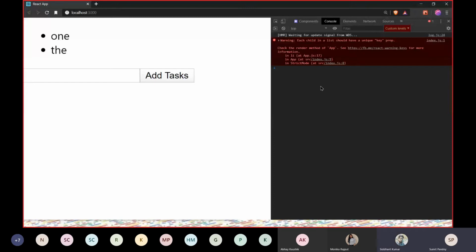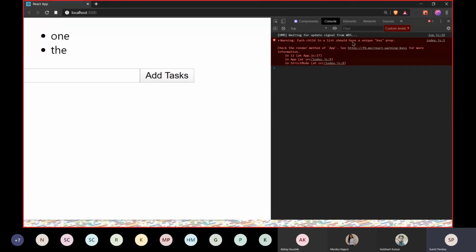Basically, React is pretty smart about its stuff. You have to provide a unique ID to each and every element inside the array. Whenever you loop over it and next time you make changes, like if you only push one element to this array, the whole thing does not have to be rendered if you have given it a unique ID. React remembers each element by its unique key. So you must provide a unique key. If you don't, your whole array will be rendered from the beginning.